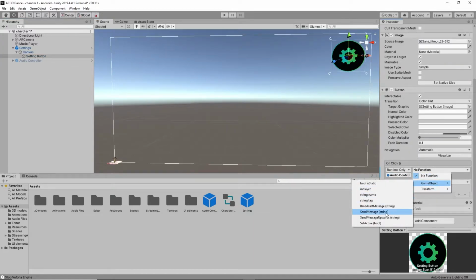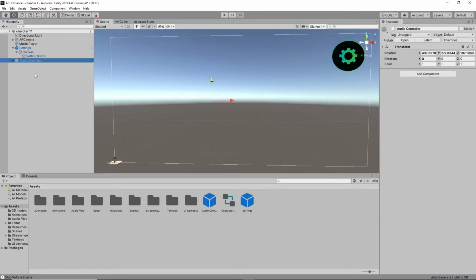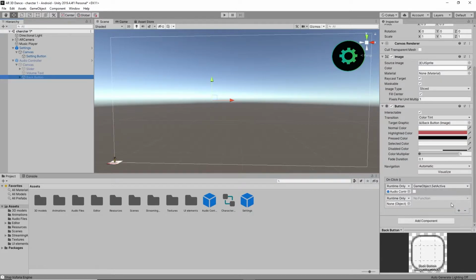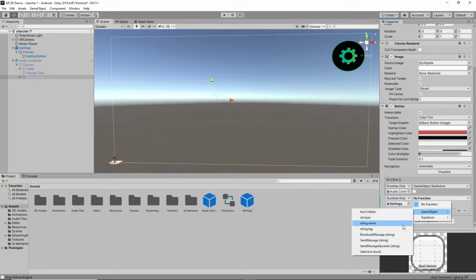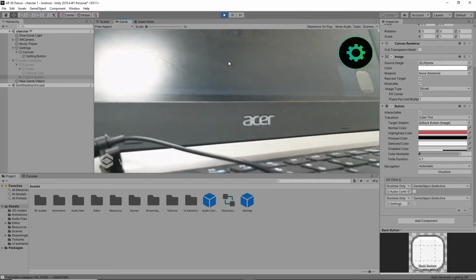In the game object you have to select SetActive, and the audio controller contains a back button, right? In the back button you have to give settings, and give the function so that when it was disabled, it has to enable. Done. Only two changes, that does the whole thing.